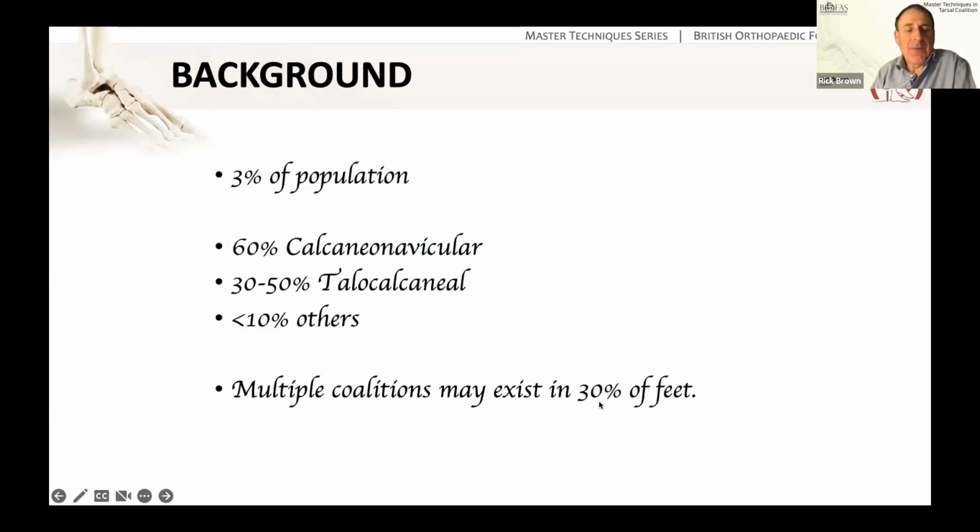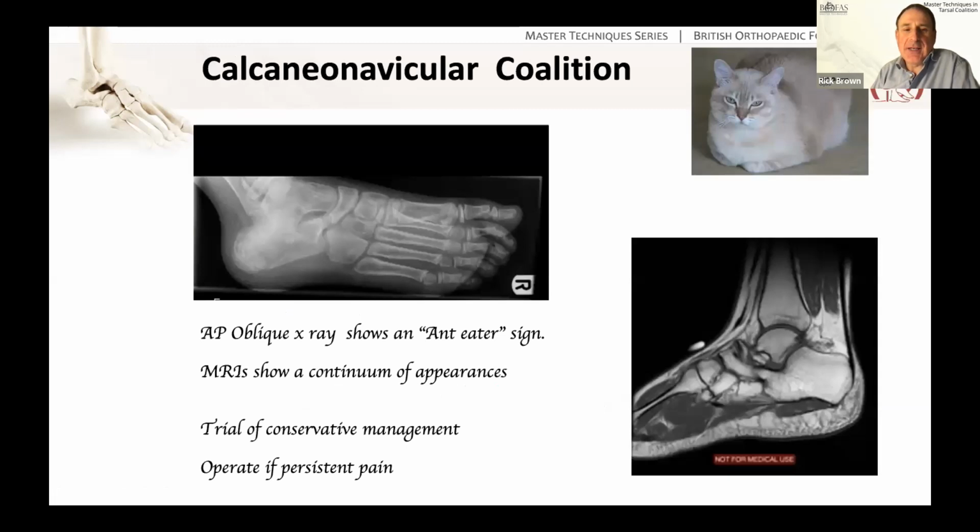They occur in 3% of the population, and traditionally we believe the calcaneonavicular ones are the most common, and talocalcaneal being the next most common. And always beware, if you spot one, to think about a second coalition, as they occur in two places in 30%. So these friendly little pussycats, you want to take an AP oblique, you can see the anteater sign,